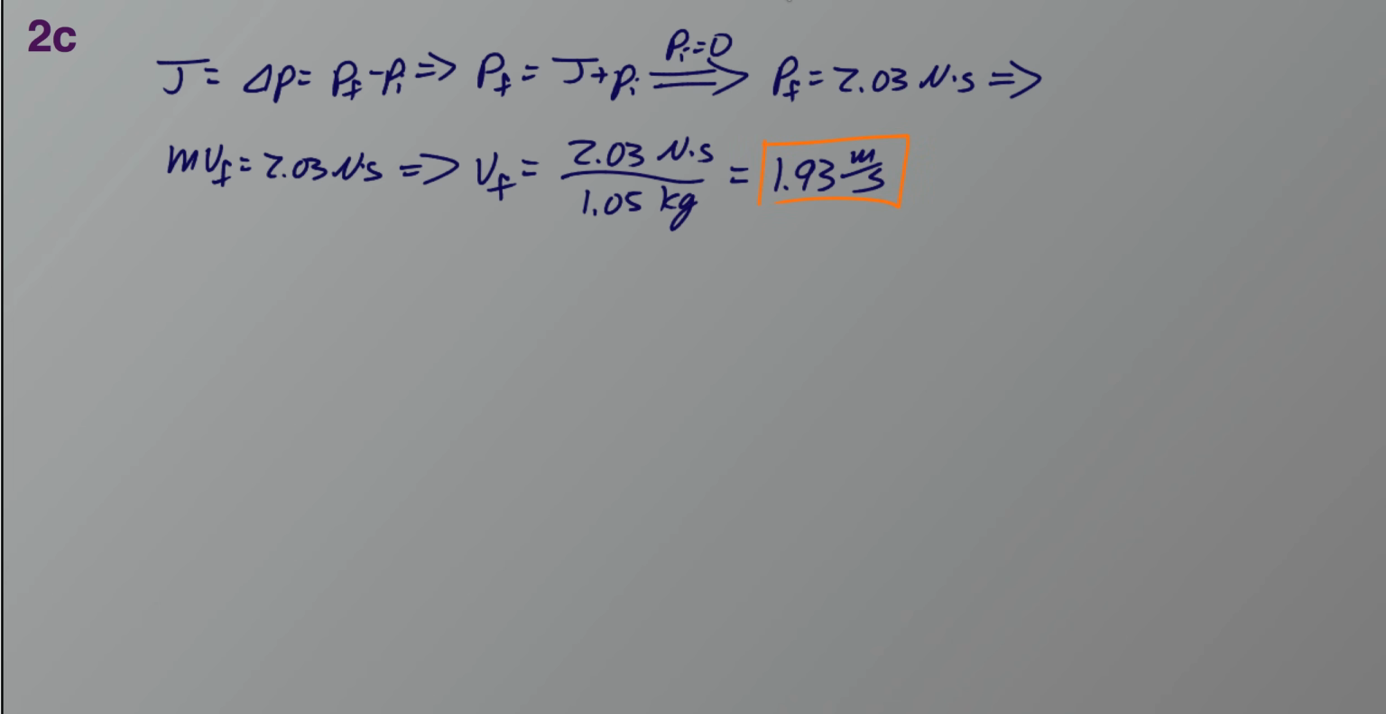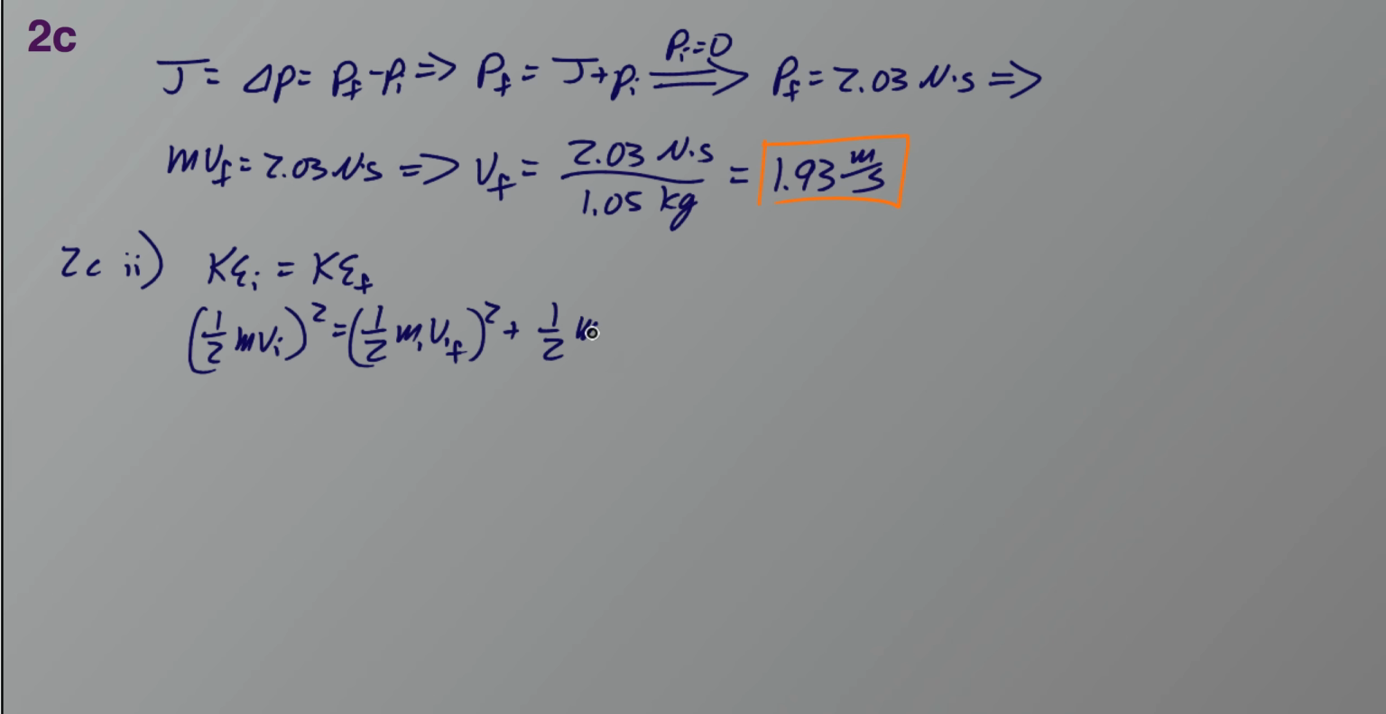And for part C2, show that the collision between the two carts is elastic. Well, in an elastic collision, kinetic energy is conserved. Therefore, kinetic energy initial must equal kinetic energy final. All right, all we have to do then is show the initial kinetic energy, which is 1/2 m v initial squared, must be equal to 1/2 mass 1 v1 final squared plus 1/2 mass 2 v2 final